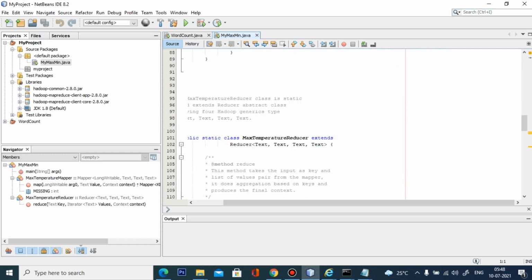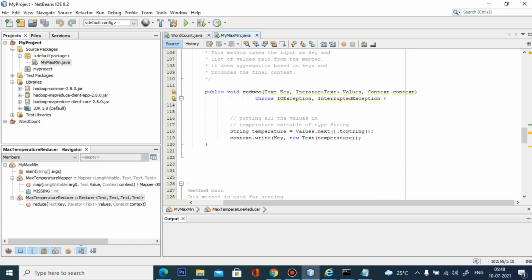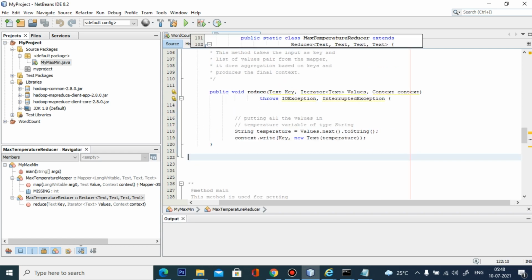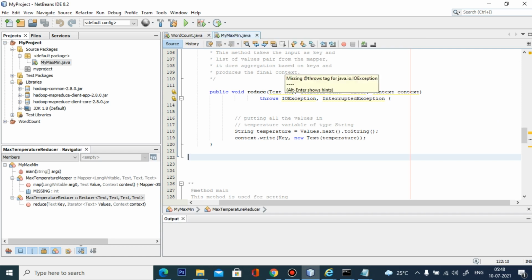So this is your reducer function which extends the Reducer, your base class, with Text, Text, Text, Text. The first two are your input from your mapper class, and the second two are your final output. So here the reducer function has a Text key, Iterator of Text values, and Context.